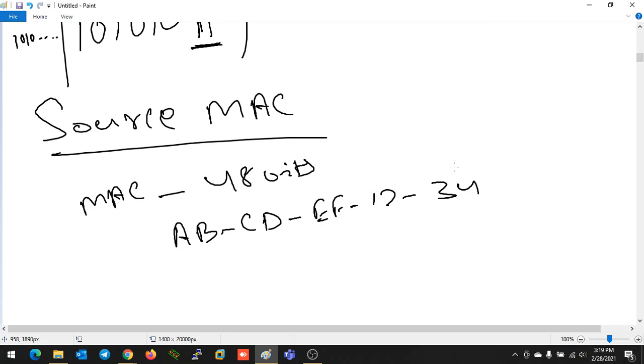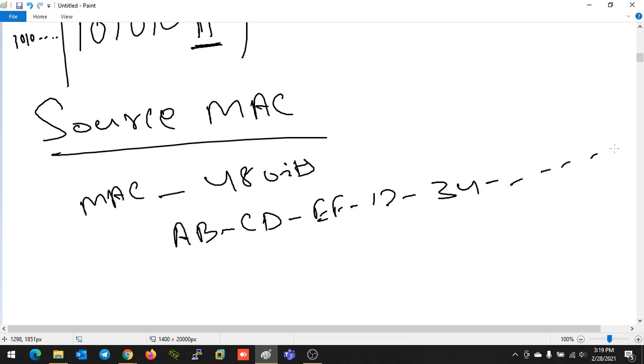The MAC address is written in hexadecimal format. All the digits of the MAC address will be in hexadecimal format. So if it's 48 bits, then divided by 4, it will be a total of 16 digits.